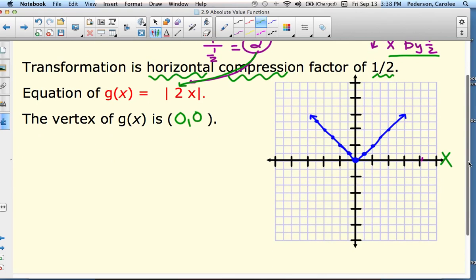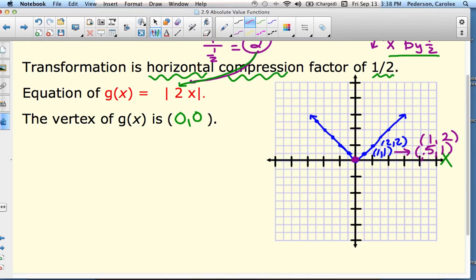So now let's go ahead and graph this order pair set. So let's talk about 1, 1 and 2, 2. What would be the difference here? We're changing the x values by 1/2. So the first order pair would be 0.5, 1, and then the second one, 2 times 1/2 would be 1, 2. So if we graph those,